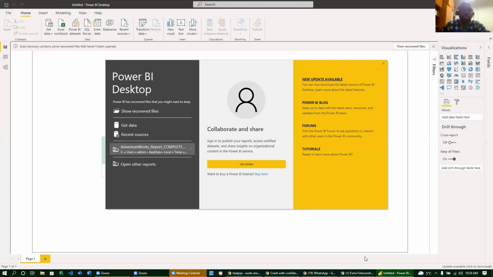So just head up to powerbi.microsoft.com. I've pasted it on the chat, powerbi.microsoft.com. And somewhere up there in the menu, you should find sign up. Please, if you have not downloaded Power BI Desktop, please follow along now so that every one of us can be on the same page. Yeah. So have you gone there? Have you seen sign up? Yeah, I'm already downloading it now. Okay. So just download it.